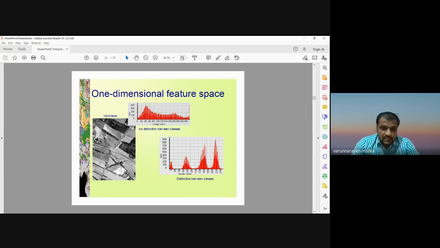Each and every class may have a different feature space, may have a different grouping of the pixels. So on the basis of the feature space, we can easily distinguish different types of classes, because as we know, the same kind of pixels may be considered as a group, or you can say it's a kind of categorization of the same pixels. So the feature space may be used to distinguish between different classes on the basis of the grouping of particular pixels of the same type.